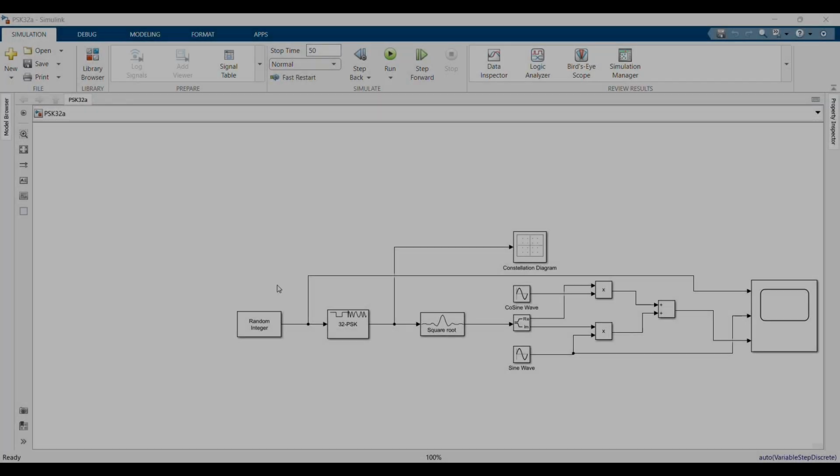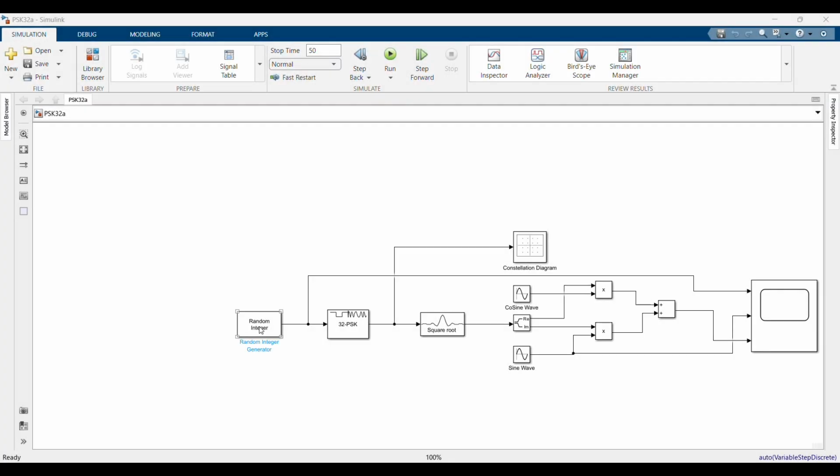Our simulation begins with a random integer generator. For the set size, we set it to 32 to match our M-ary number. For the sample time, we set it to 1 second per symbol. This block creates a random stream of integers ranging from 0 to 31, representing the digital data we want to